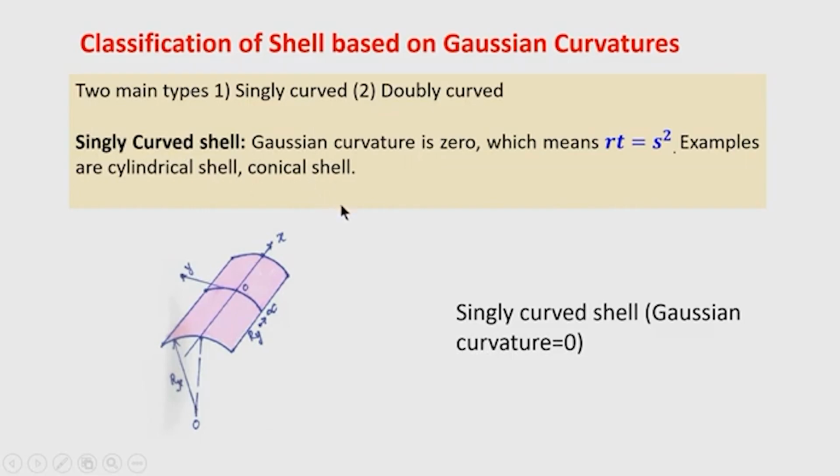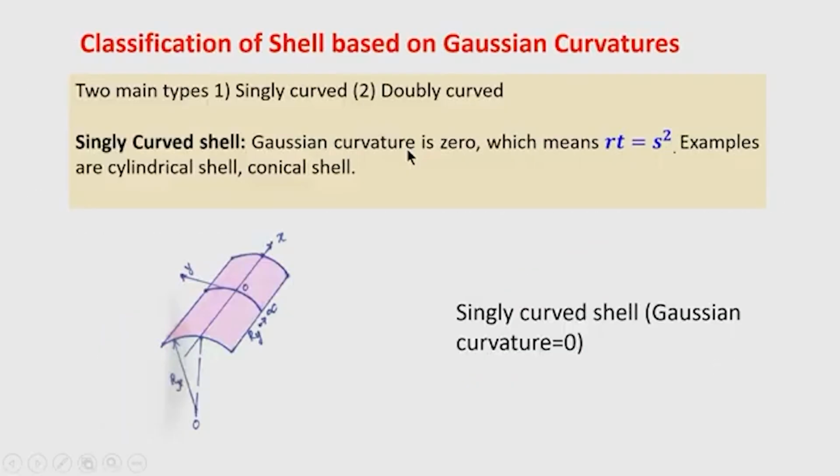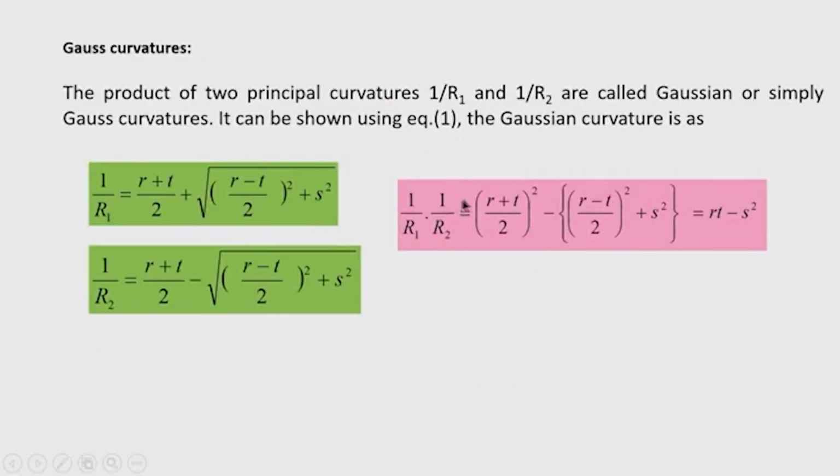So, this is an example of a singly curved shell, where the Gaussian curvature is 0. Now, let us come to the doubly curved shell. In a doubly curved shell, the Gaussian curvature is non-zero. Now, if I look at the expression of this Gaussian curvature, RT minus S square, that is the result of the product 1 by R1 into 1 by R2. Now, in one case RT equals S square, that is, the Gaussian curvature is 0, we